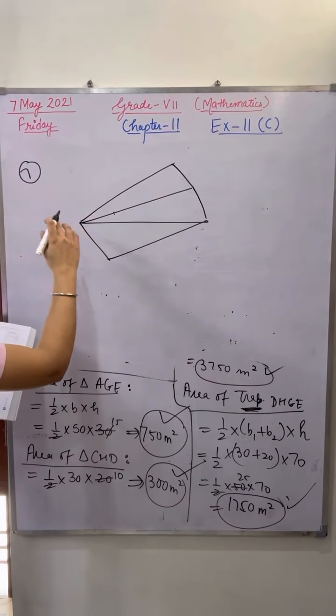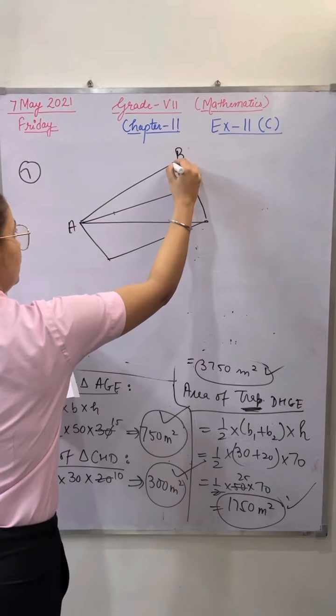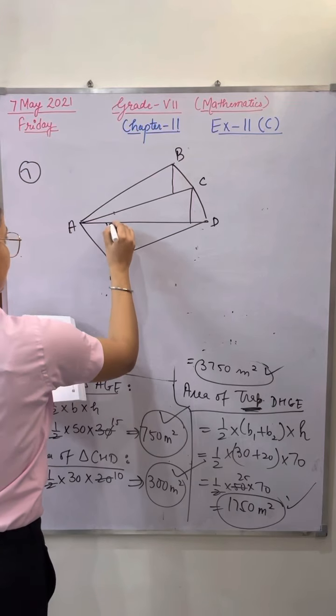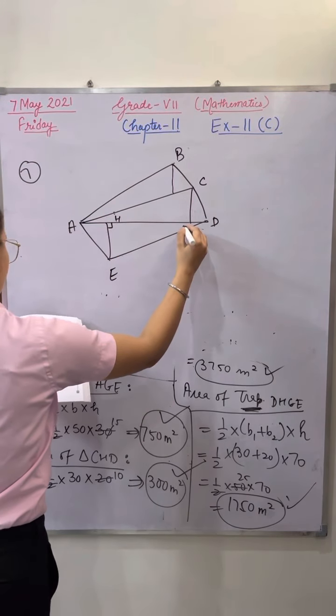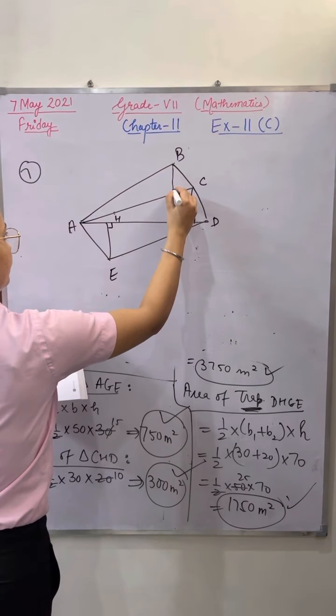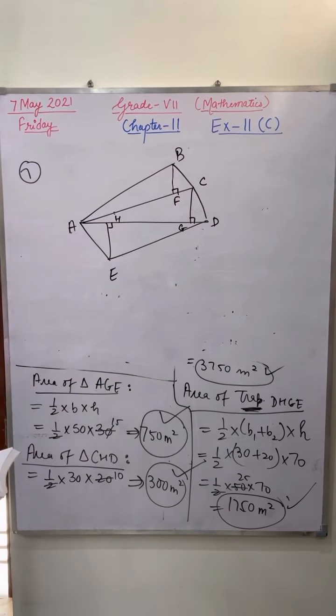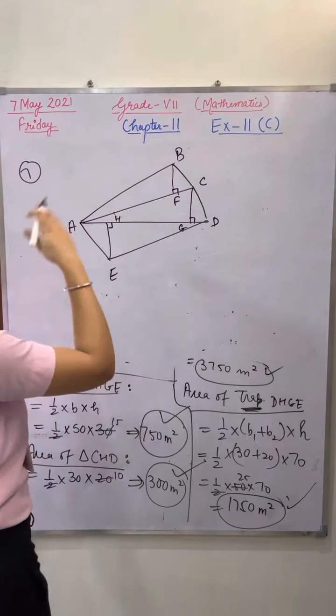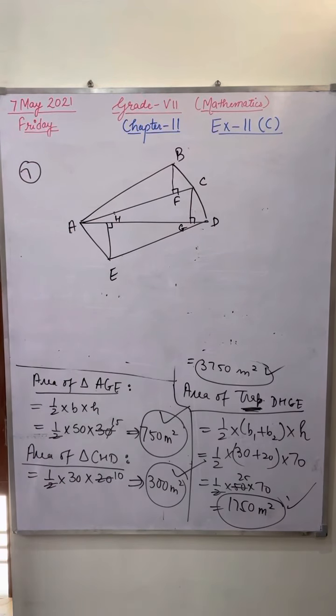Okay, this is A, this is B, this is C, this is D, this is E, and these are the perpendicular heights. H, here is G, and here is F. Whatever the lengths are given to you, you have to see that. In this complete shape, this is a pentagon. A pentagon has 5 sides: 1, 2, 3, 4, 5. So in this you have to split it into triangles, rectangles or trapezium. That is up to you. I'm giving you a hint: you are having 3 triangles.